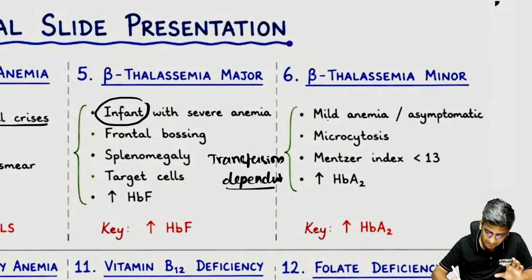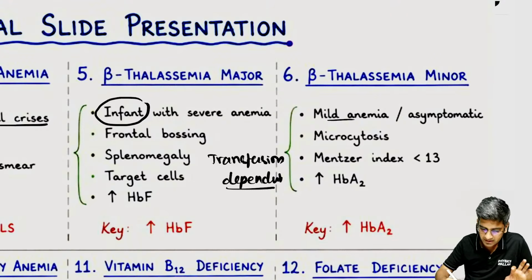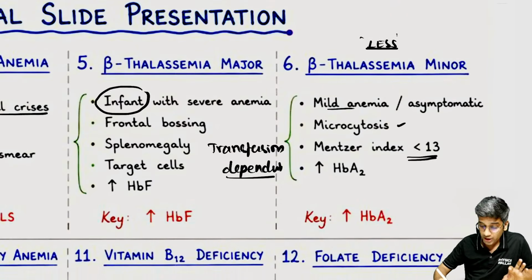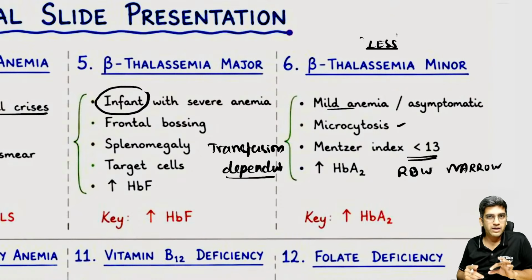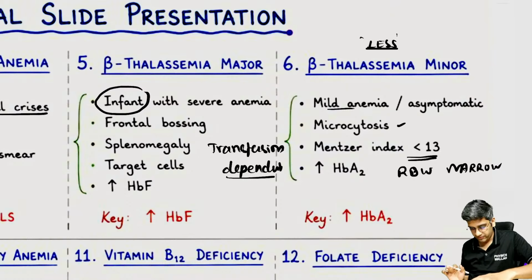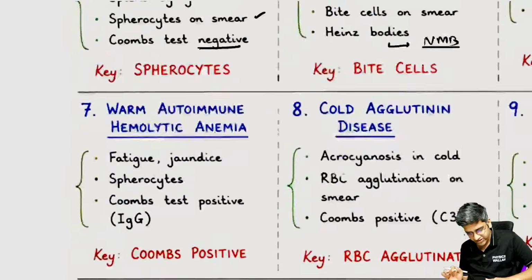Thal minor is mild. Thalassemia minor is like iron deficiency anemia, but we always emphasize thalassemia, right? Because your Mentzer index is less than 13 and your RDW is going to be narrow or normal, right? So narrow RDW and Mentzer index less than 13 is diagnostic of thalassemia minor. Do remember them, right? Perfect. Okay. So these are just keywords. I'll obviously go into the diseases very soon.